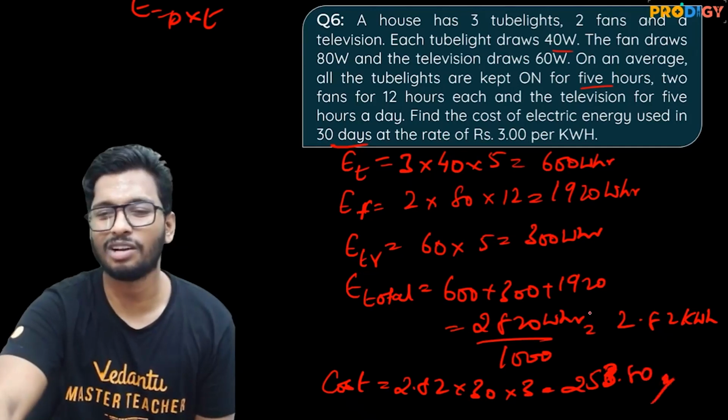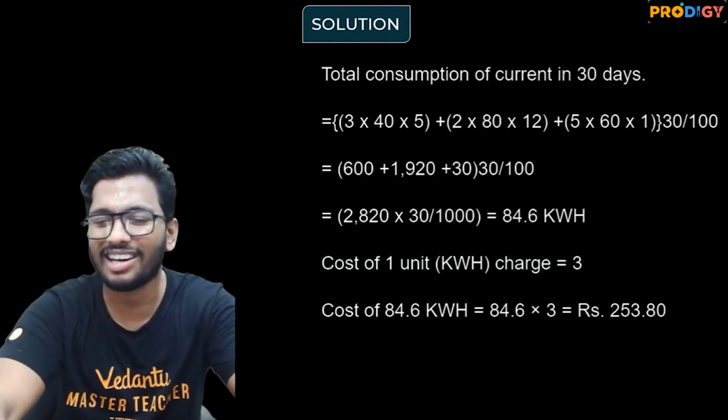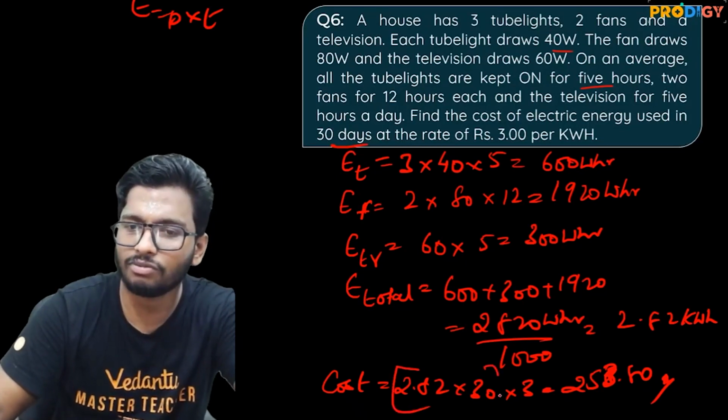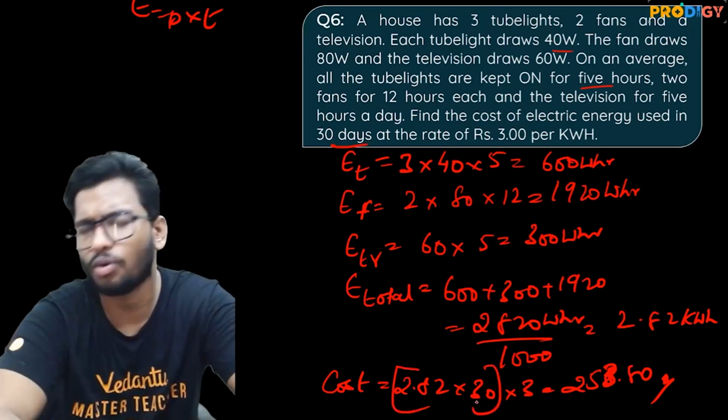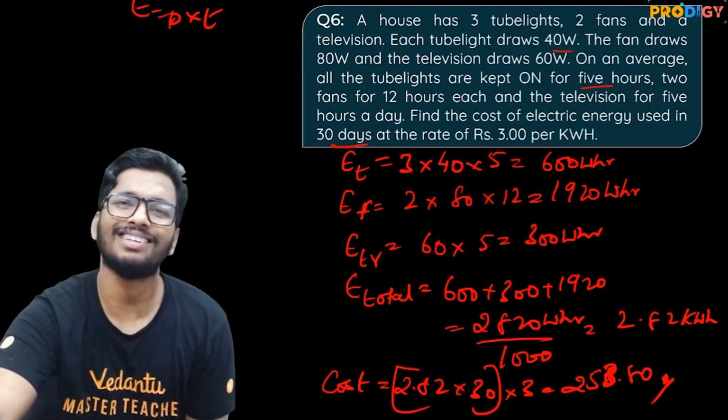I know, right? I'm so good at math. Anyways, guys, so that's how you do it, as simple as that. So once you find out, again, guys, you can either do it this way or you can initially multiply this for both and find out the total energy consumed in the whole month. Then multiply it with the cost per unit charge. Get the answer. Simple as that.